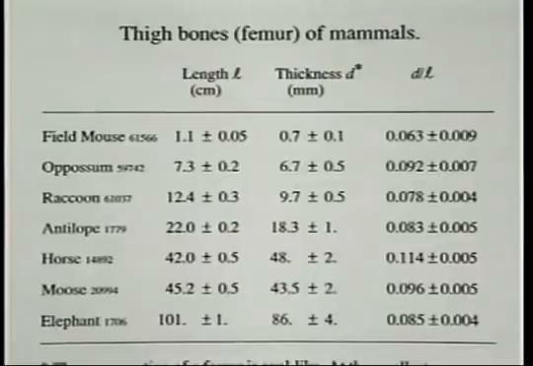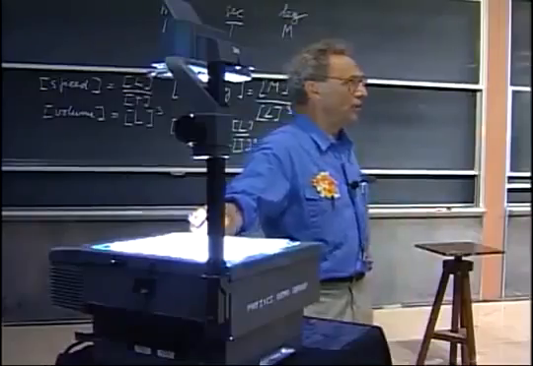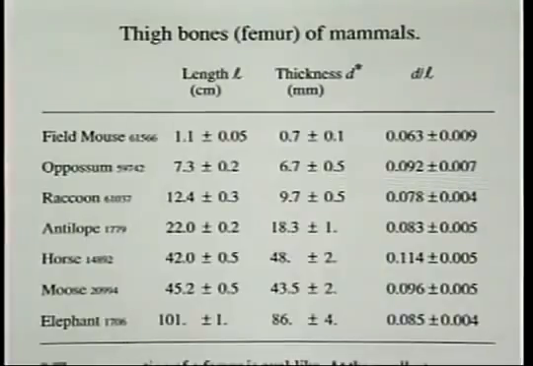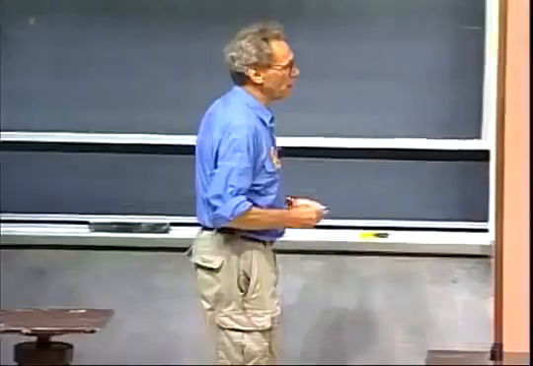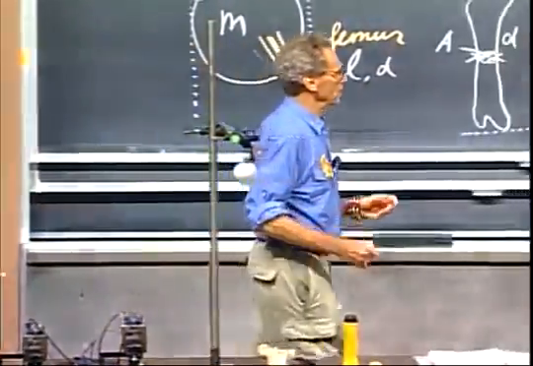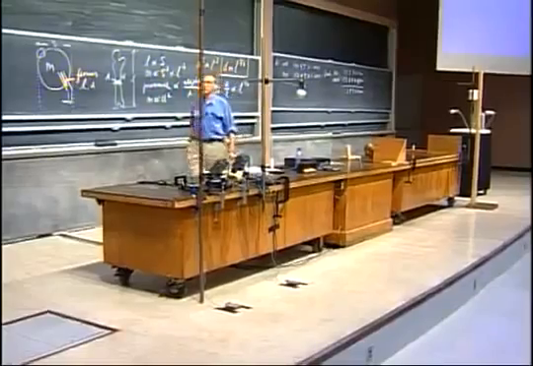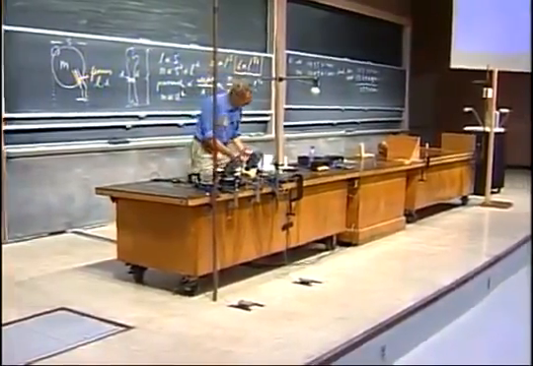The mouse has indeed only 1 centimeter length of the femur, and the elephant is indeed 100 times longer. So the first scaling argument that S is proportional to L, that is certainly what you expect, because an elephant is about 100 times larger in size. But when you go to d over L, you see it's all over. The d over L for the mouse is really not all that different from the elephant, and you would have expected that number to be with the square root of 100, so you expect it to be 10 times larger instead of about the same.